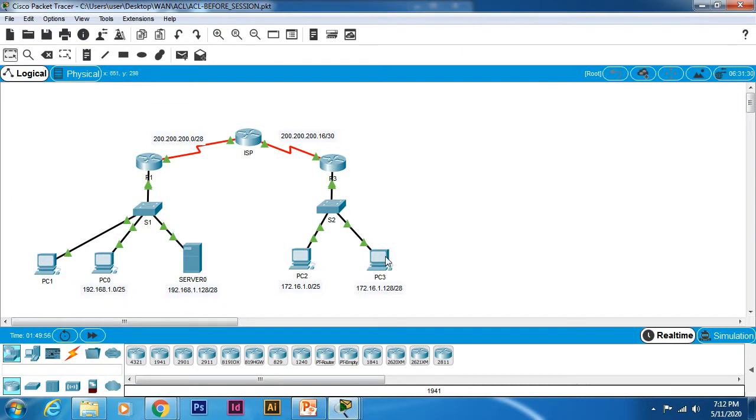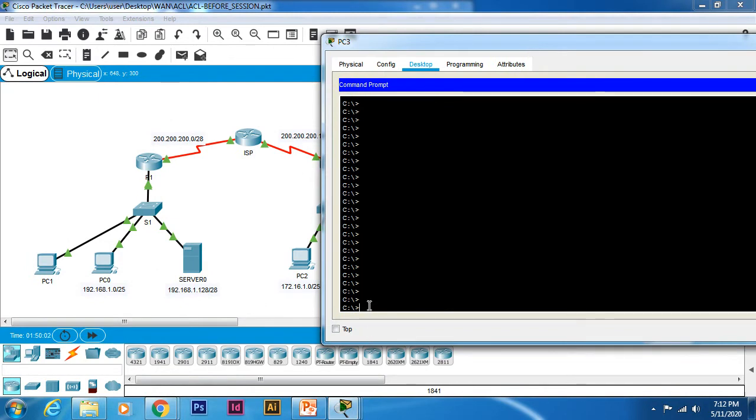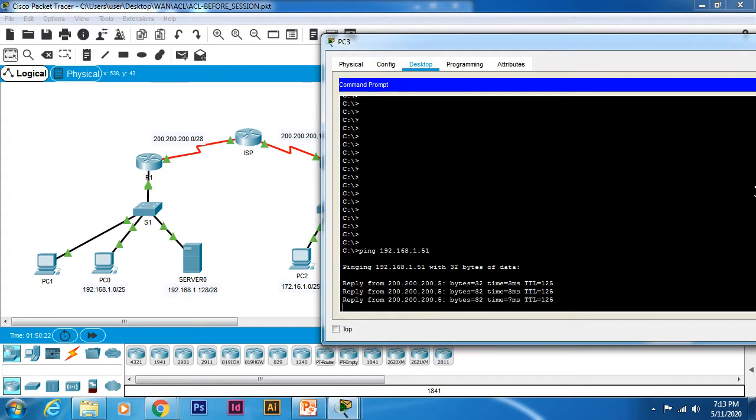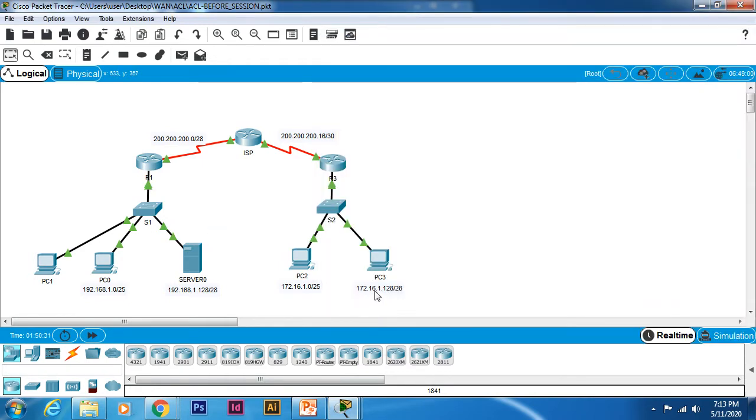So before we start, I would like to test to ping from PC3 to PC0, which IP is 192.168.1.51. So I just type ping 192.168, sorry, .1.51. So you get the reply because we are not setting up any NAT on network 172.16.1.128,